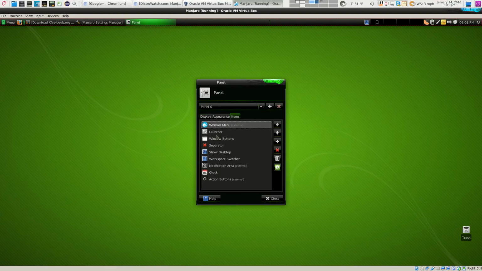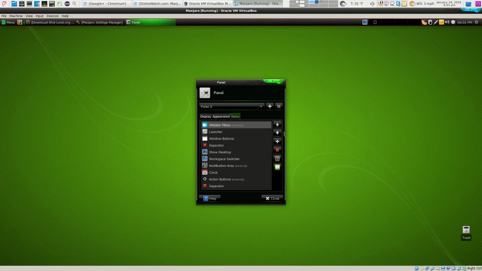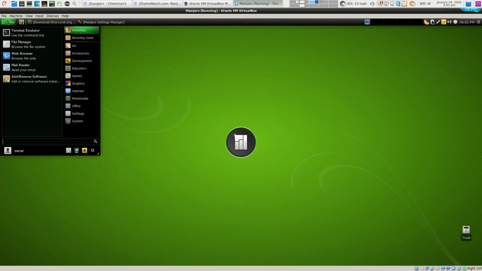So my launcher is here. I know that's Firefox. I'm going to add a spacer or a separator. Add it. I'm going to move that separator up, up, up, and away. So now I got a separator right here, and I can add more to it. I can add my Meld. You know what?